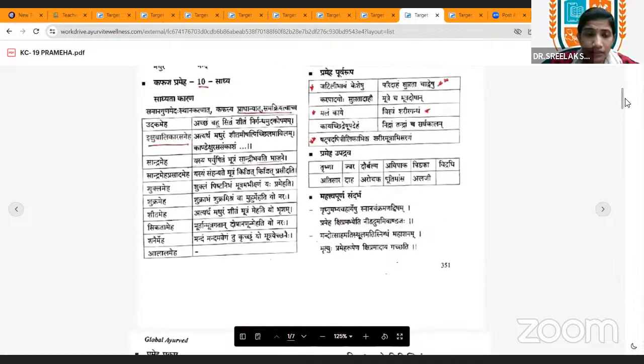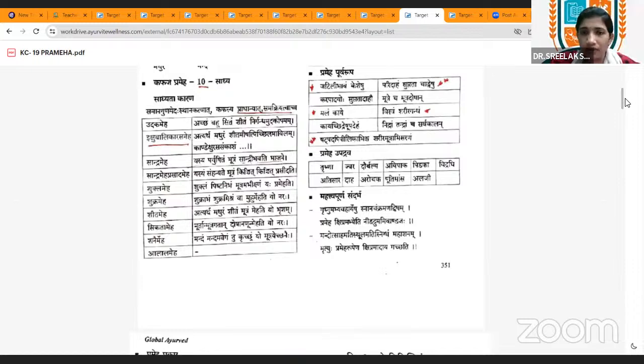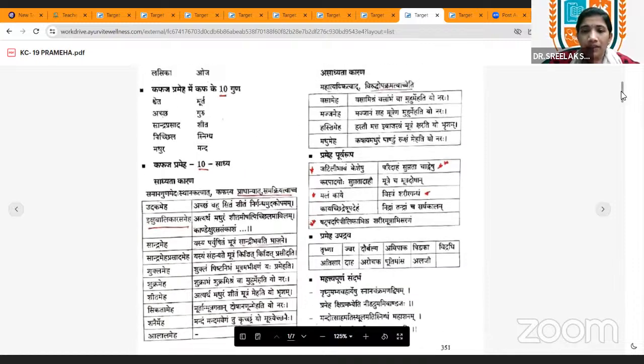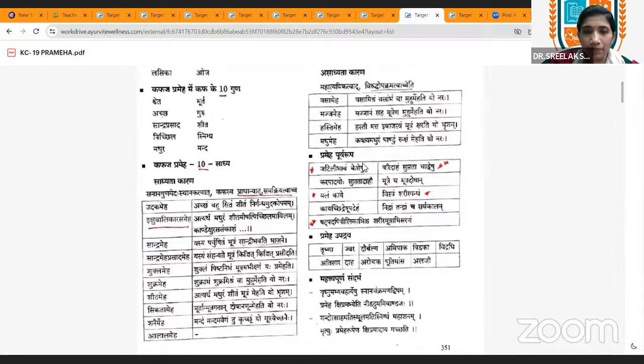Then mainly you have to learn about the types of meha. So I will not repeat the points of the types of Kaphaja Prameha, Pittaja and Vataja. So you have to watch the recorded video. Okay. Then coming to the Purvarupa of Prameha, mainly the points are Jatilibhavam Keshesu. Okay. And Supta Daha can occur on the Kara and Pada. Okay, upper and lower limb. And there is a symptom of burning sensation.